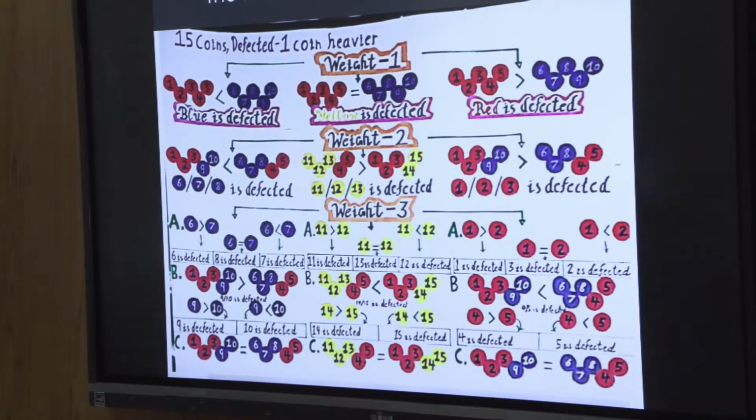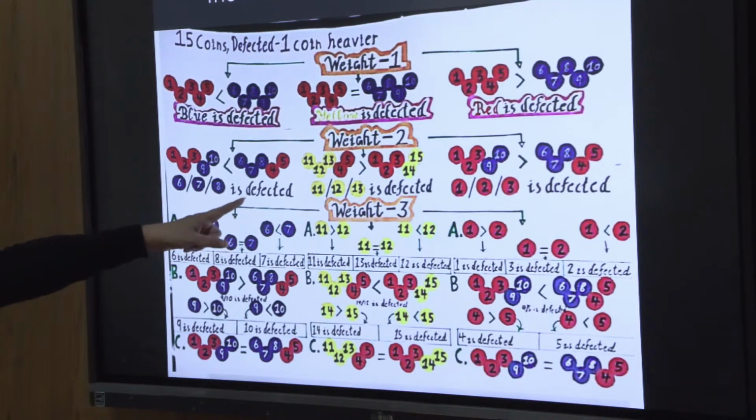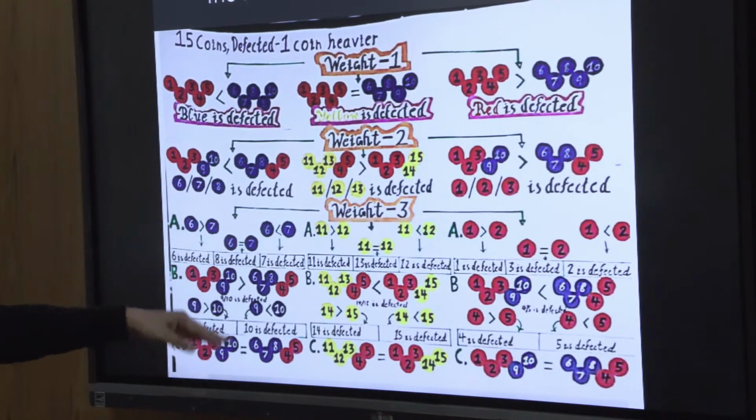Okay, so they took 11, 12, 13, and they interchanged. They maintained 4 and 5 on this side, the red color. They put 11, 12, 13 here. And 1, 2, 3, we have to see if there's any flaw in their argument. And 14, 15 को इस तरफ रख दिया. And they're saying that these two will not be equal. Why? Obviously, because one of the coins, the yellow coins, is faulty. So either one side will be heavier or one side will be light. So if it is heavier, then they know which three will be defective, and from that they further segregate.